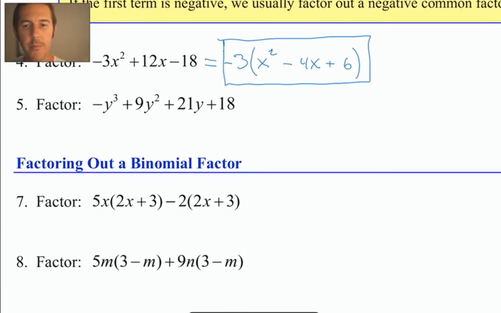So far, we've been factoring out numbers, we've factored out some variables, we even factored out a variable to a power. That was pretty good. We factored out a negative number. And when I say factoring, you can definitely think of that as reverse distributing. In number 7,